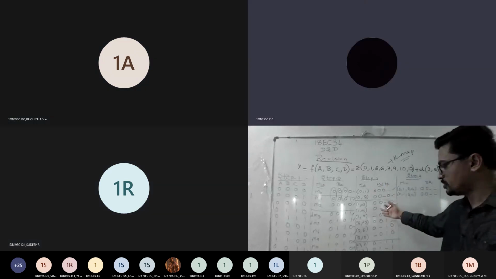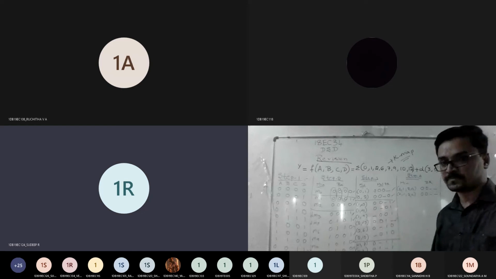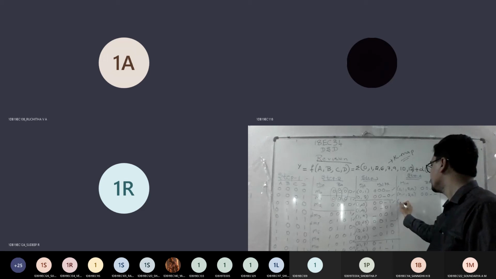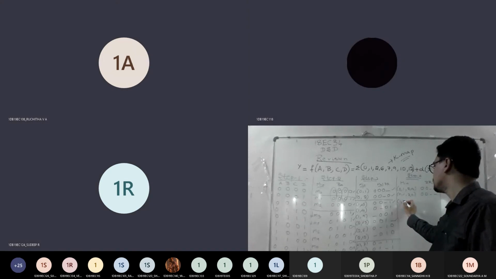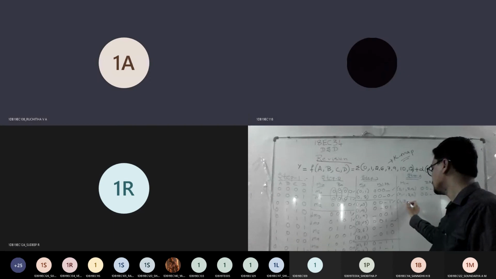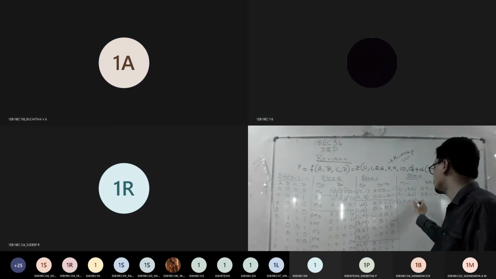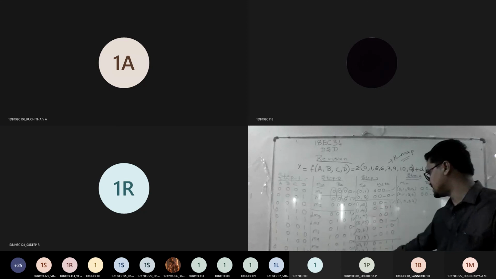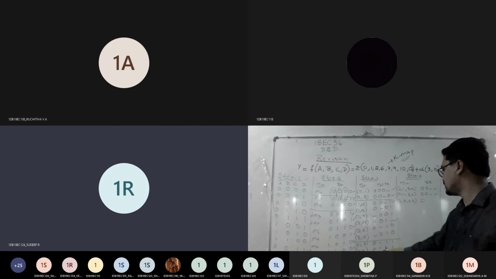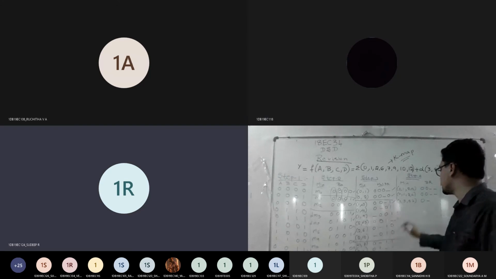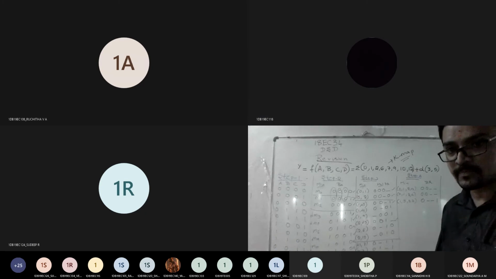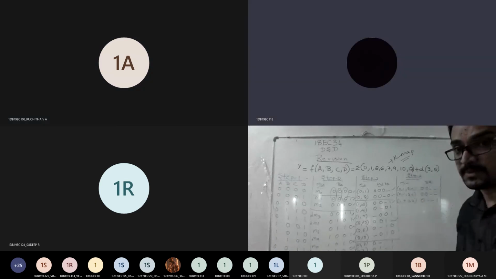Next, coming to 2 and 3. Compare these two. 1, 3, 5 and 3, 5, 7. Repeat 1, 3 and 5, 7. So 1, 3 is here, 5, 7 is here. So 0, 0 becomes 0, 0, 1 dash, dash. Again dash, dash is there, 1 is there. Got it? Okay, next.